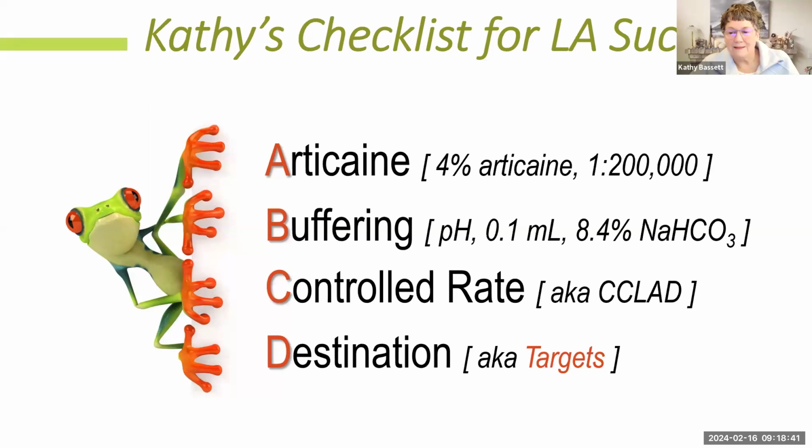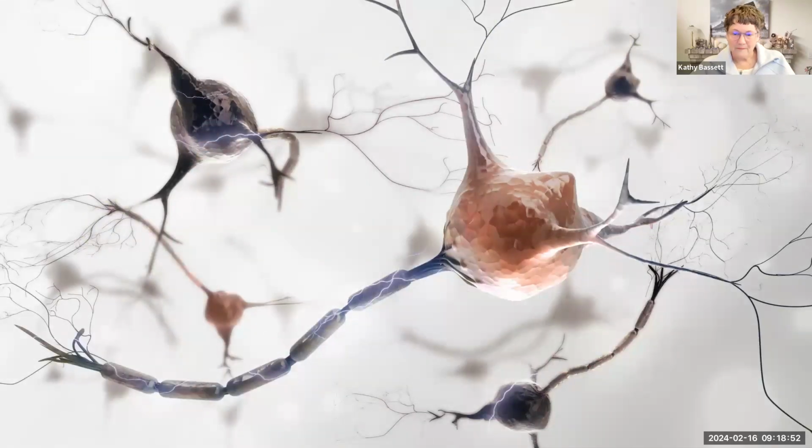And then there is the destination or our targets, which is the primary intent of this presentation, and particularly those related to mandibular anesthesia. So to successfully get people numb, we need to consider the nerves and the tissues and the environment we're working in. So this takes us back to basic neuroanatomy, axons, nodes of Ranvier, and we need to put enough drug in the right place to surround the nerve fibers